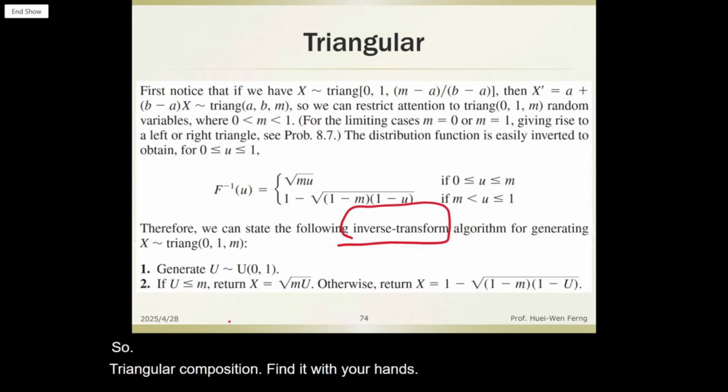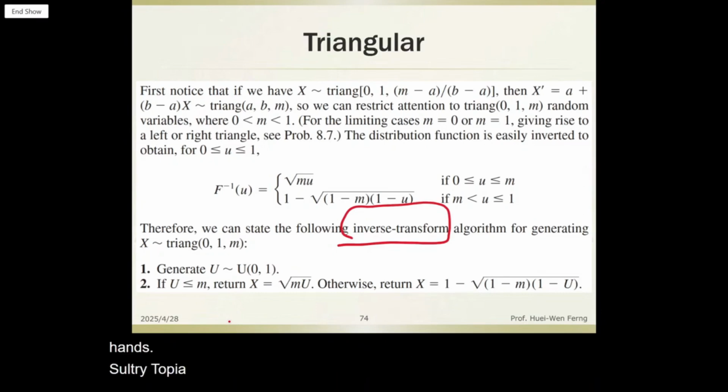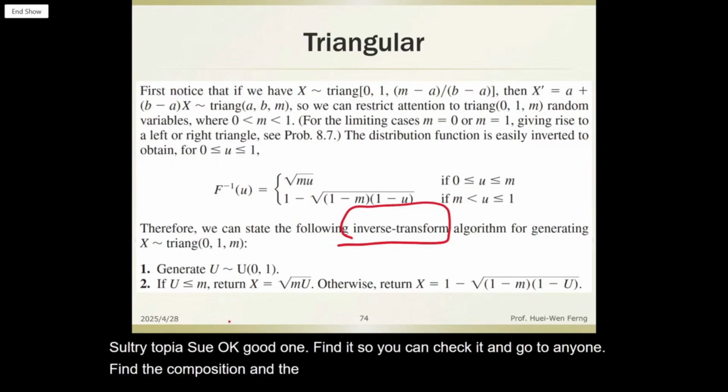If you can find the example for triangular and composition, raise your hands. Santari, Tobias, Sue, okay, good one, found it. So you can check it, and good too. Anyone find the composition and the triangular? And Sean,